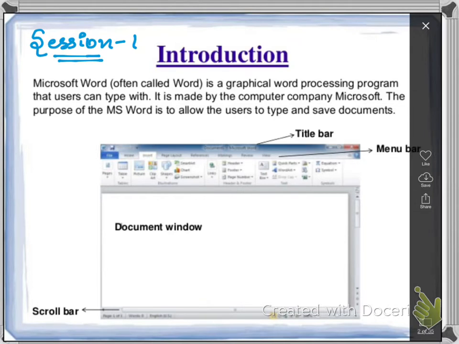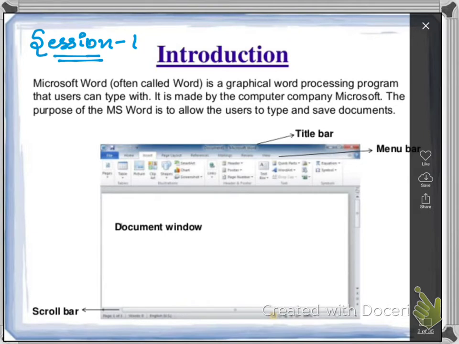Whatever information you are typing, suppose we are typing our school project, we are creating a biodata, we are creating an important document. Those are all processed information by the help of software like Microsoft Word or even OpenOffice Writer or WPS Office, the different software that we see on the market.